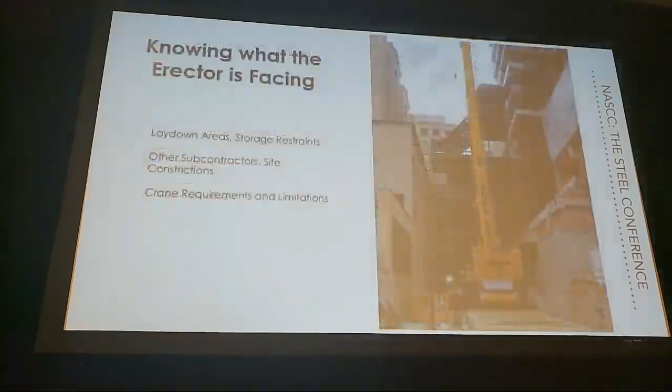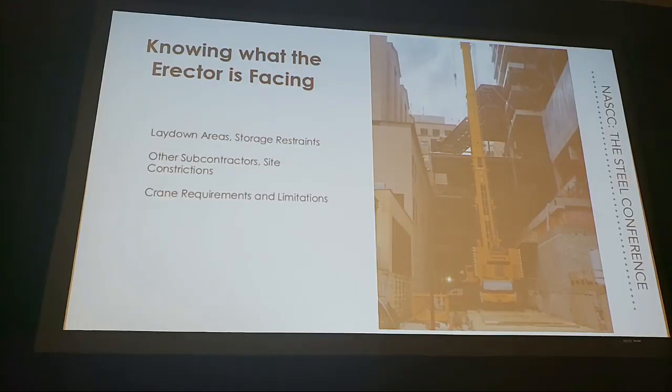This is a good picture of why sequencing and delivery is important. You see that crane in an alleyway there, and we basically built this truss up on the roof in advance with a contractor-provided tower crane. Obviously, the tower crane didn't have the capacity to set the truss, so we have to bring this 550-ton hydro crane in there to set it. Well, you can see that if we were missing a piece or something, that crane wasn't gonna swing around and go get it, right? So that was a very tight, I don't wanna say well thought of,